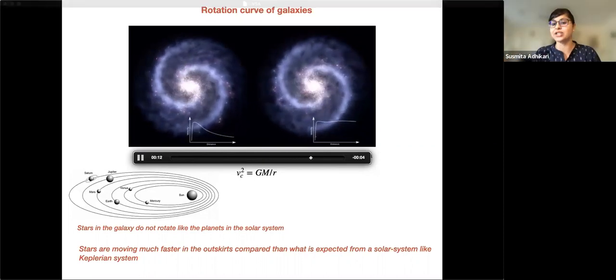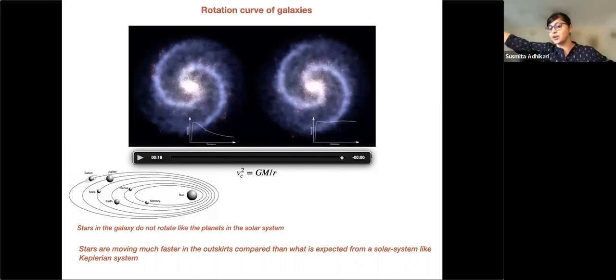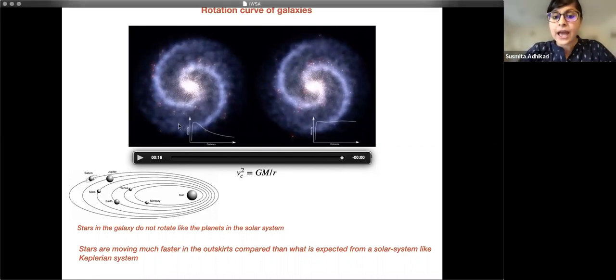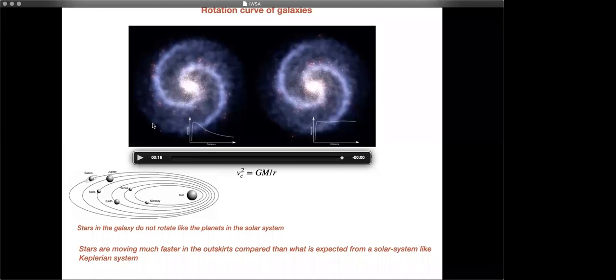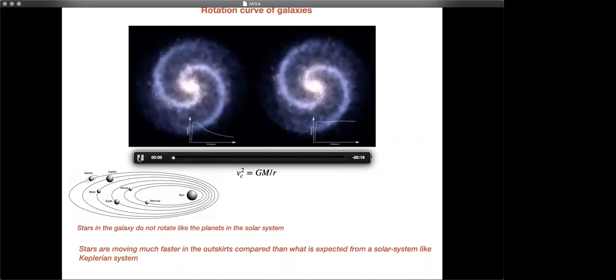That is very much what happens in our own solar system. We have the sun, and the planets in the outskirts have lower and lower velocities, right? They're rotating around the sun at smaller velocities. So they had expected to find something like our own solar system, but what they found instead is